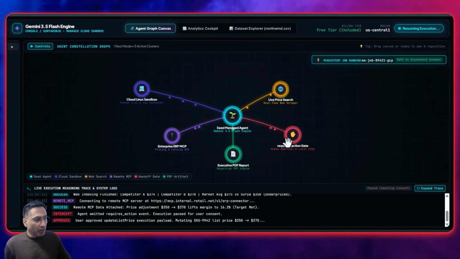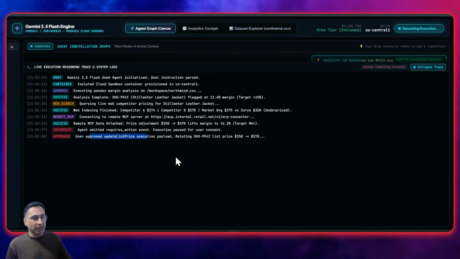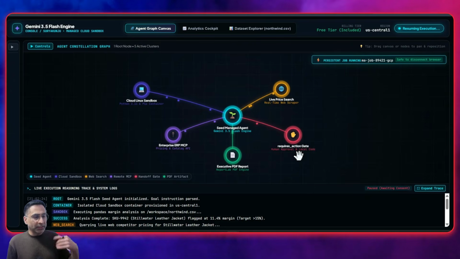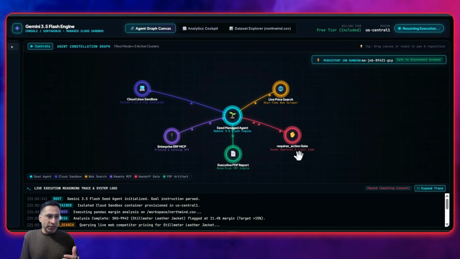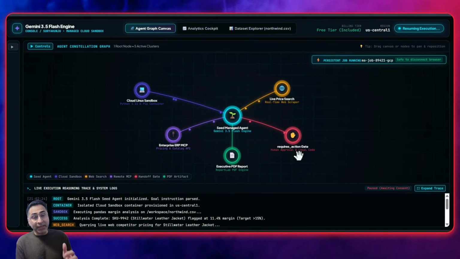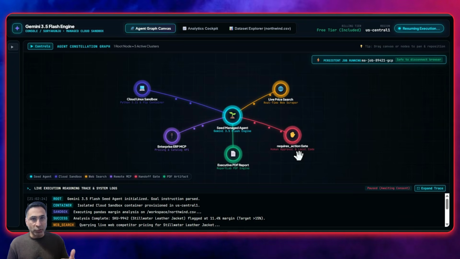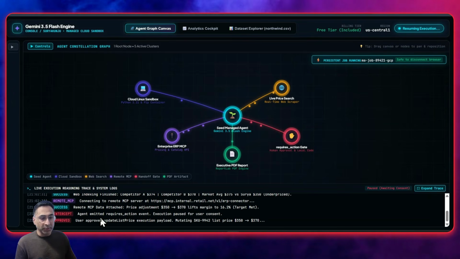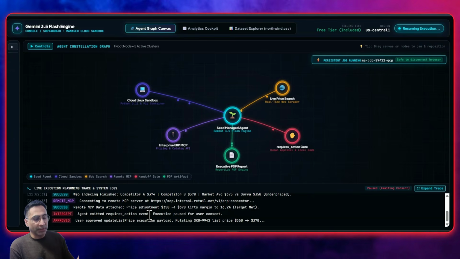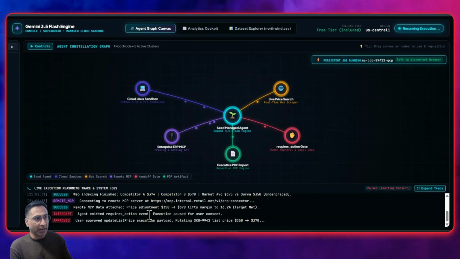So what it is going to do now is it is working in order to go ahead and update in the backend what should be the current price. And you will see that once it has done and made the actual change, and this is where the agent can actually take an action on your behalf, right? So usually in a company, this would be directly in an ERP like an SAP. So this could actually go ahead and write that new price or update that price in an ERP system, right? So this is what is happening right now. It is going in the backend and trying to update that price, and then it'll come back and provide us